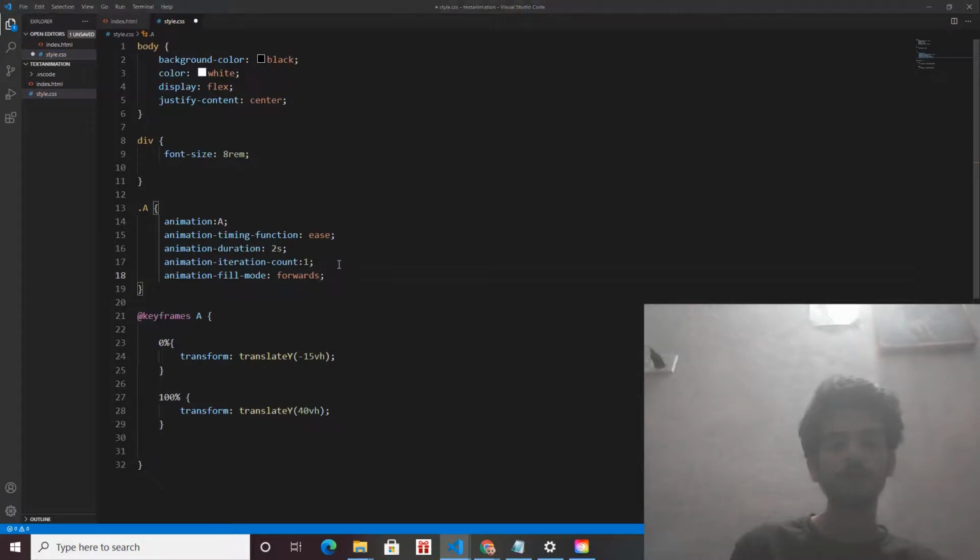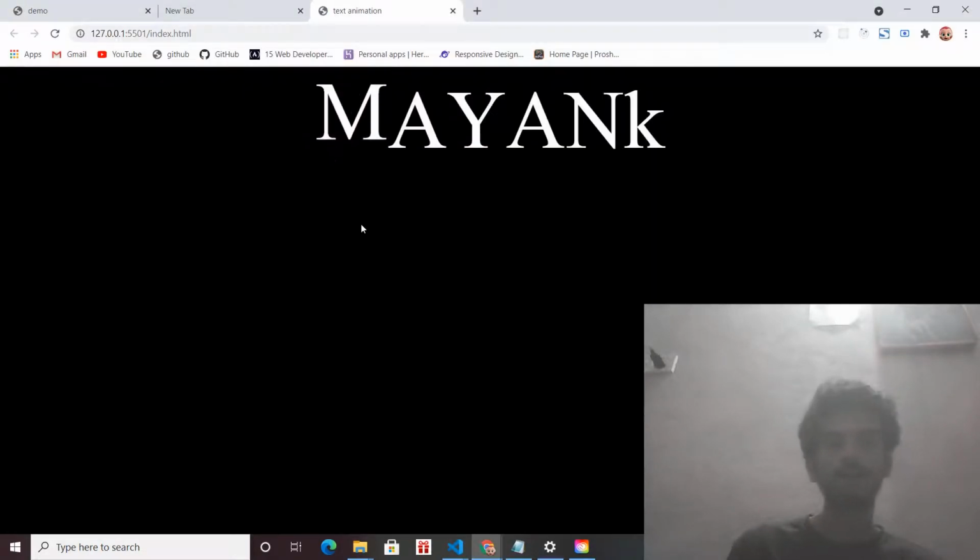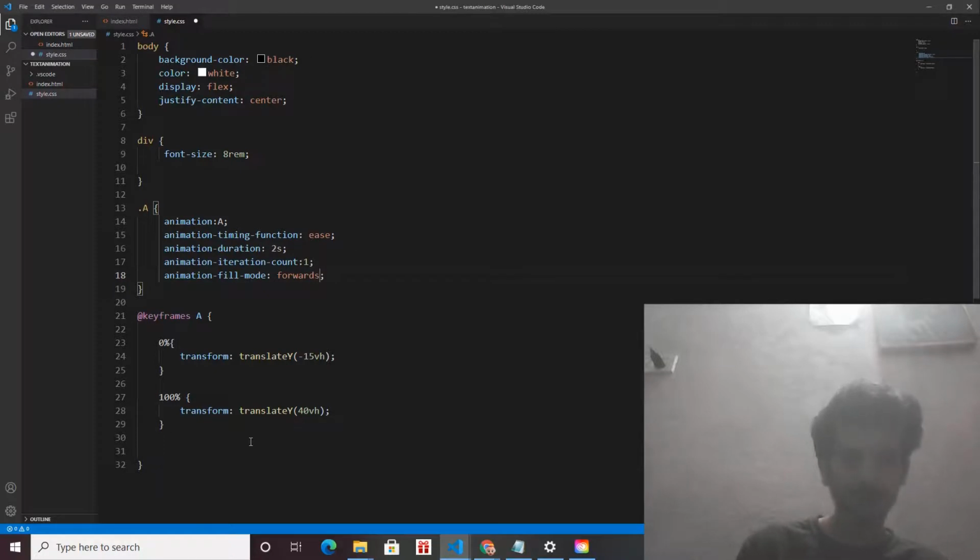Forward means when the text is coming down, it is going to stop at its final animated position. Okay, so what is the final animated position of my M word? It stops at the 40 view height. So this is something I want to target. That's why I have given forward.